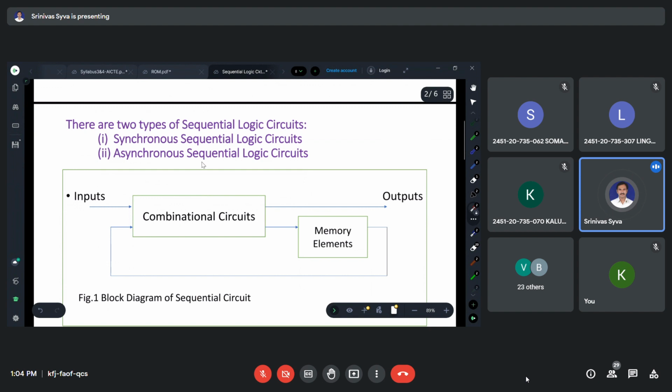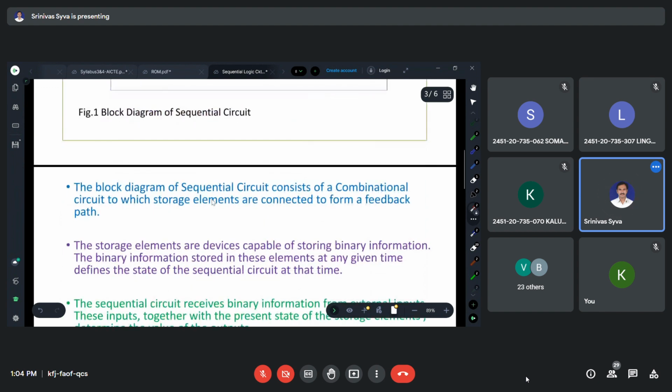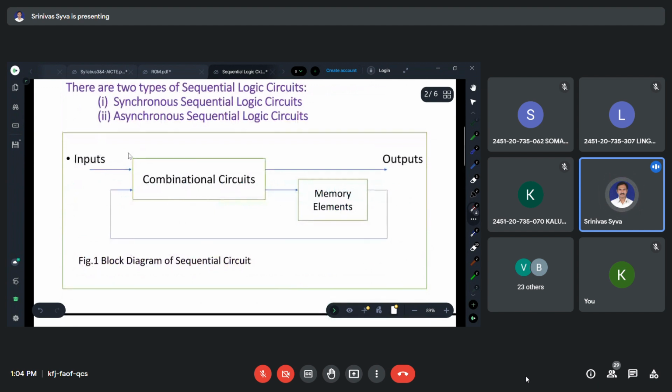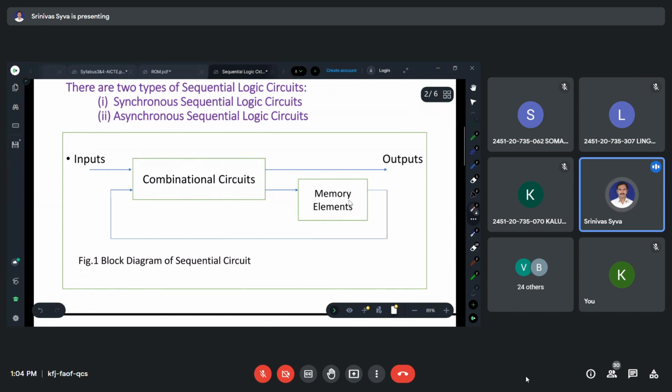The changes will take place in the order that the inputs are applied. So you see here, this is the block diagram of the sequential logic circuit. Sequential logic circuits consist of combinational circuits also and memory elements. Mainly these memory elements come under sequential logic. Right. So inputs are applied